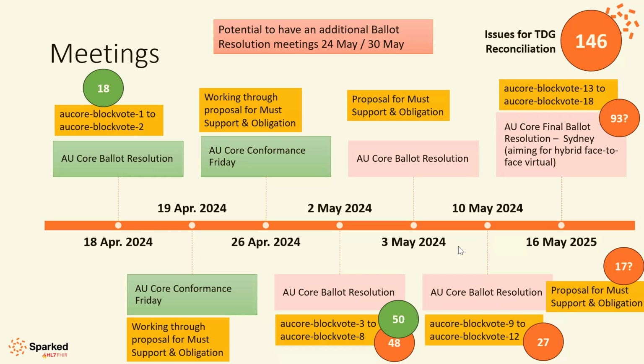And then we're going to have a ballot meeting on the 10th of May. That's the one we've just referred the individual pronouns and gender identity to. And ideally, we'll also be able to, at that point, discuss and vote on some must support and obligation votes. But we'll also see what gets referred to telecom from the votes that went out this morning. So that's block votes 9 to 12 are out. There's fewer items in the set overall, only 27 issues for people to go through.